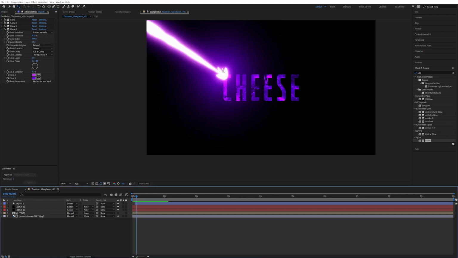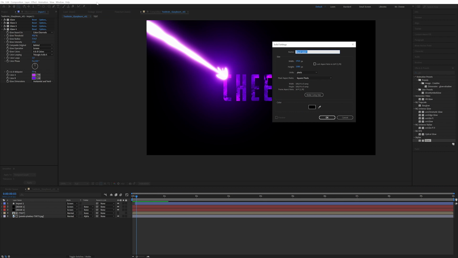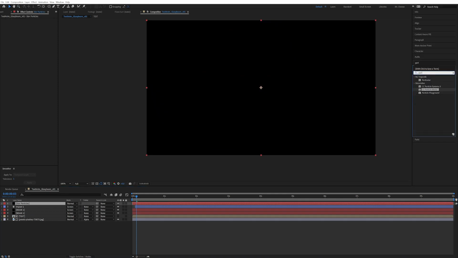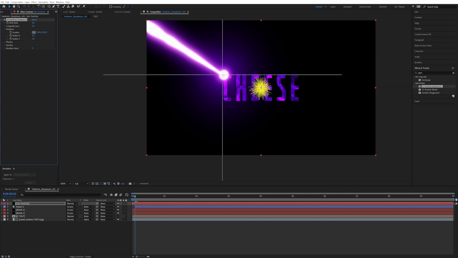So now we want some nice particles to also appear when this hits. So we're going to go up into layer, new, solid. We're going to call this star particles. I'm going to choose particle systems 2. So this is perfect. This is where we hit. There we go. So we're going to choose where the producer is hitting. So go over here into producer and say